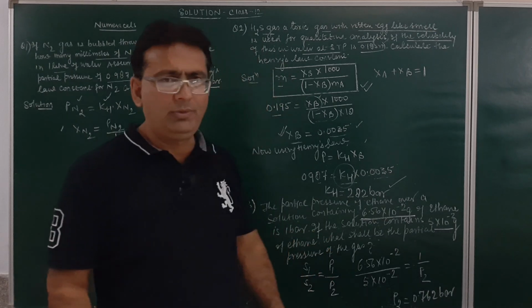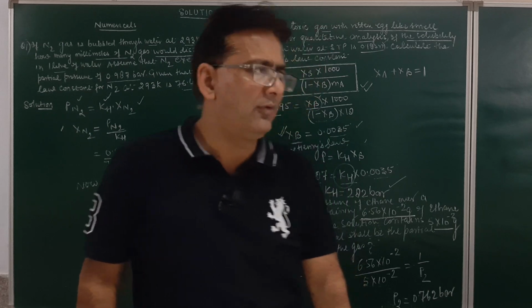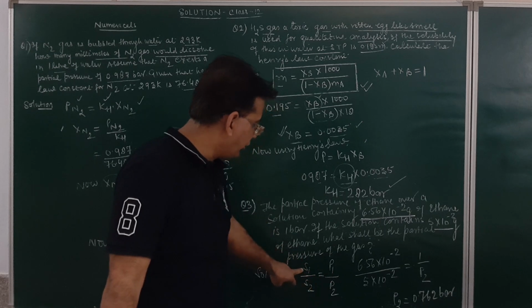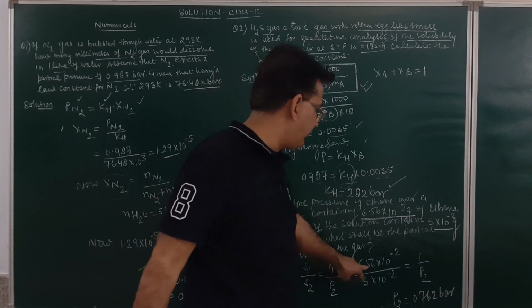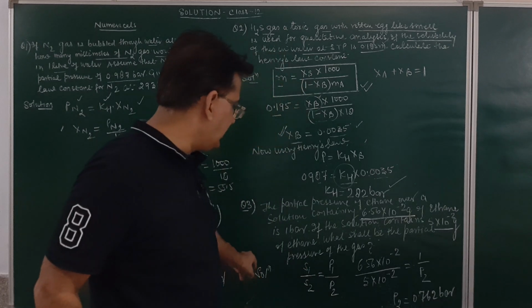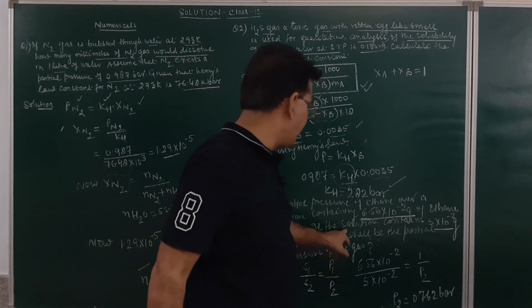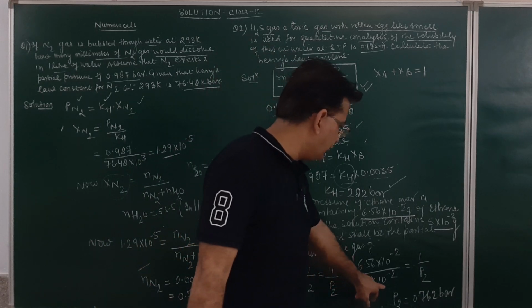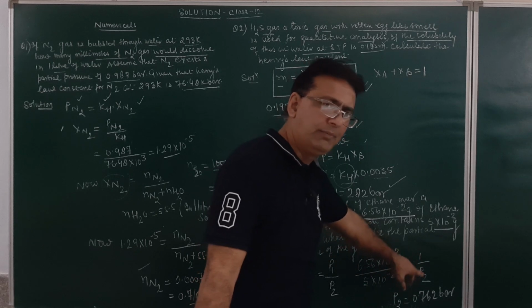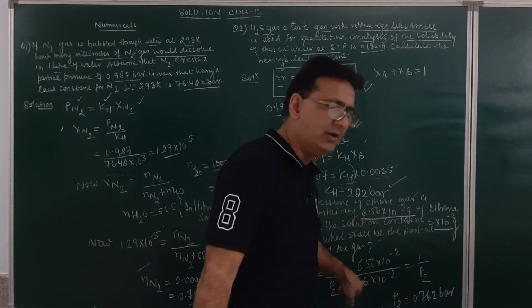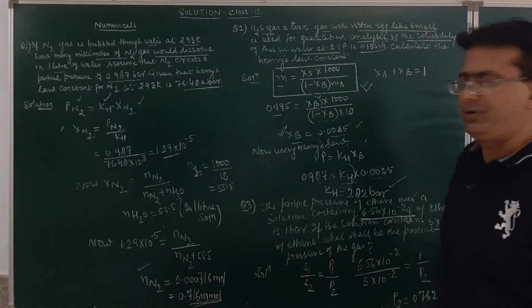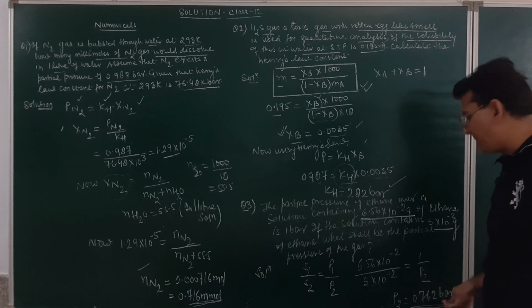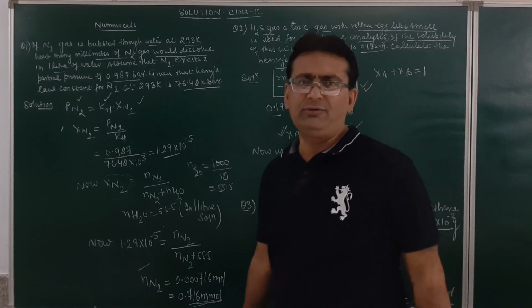We all know solubility of a gas is directly proportional to the partial pressure of a gas, and the relationship is S1 upon S2 will be equal to P1 upon P2. The solubility of a gas is given. It is given as 6.56 into 10 raised to power minus 2. Similarly, the solubility of another gas is given. If the solution contains this ethane, this will be equal to solubility of this 5 into 10 raised to power minus 2. The partial pressure over here is 1. The partial pressure P2 is to be calculated when the solubility is this. So formula will be S1 upon S2 is equal to P1 upon P2. 3 of the data are given to us. We can easily find out the pressure over here, which comes out to be equal to 0.762 bar.